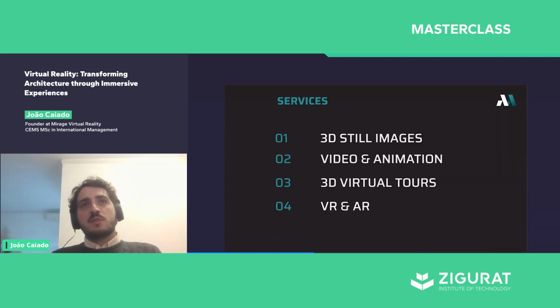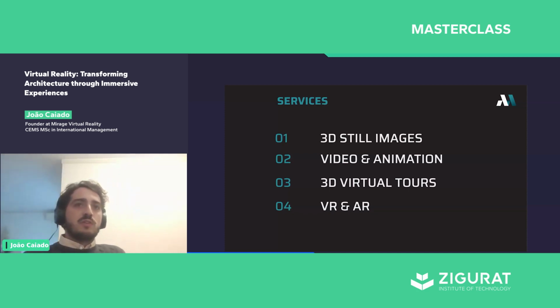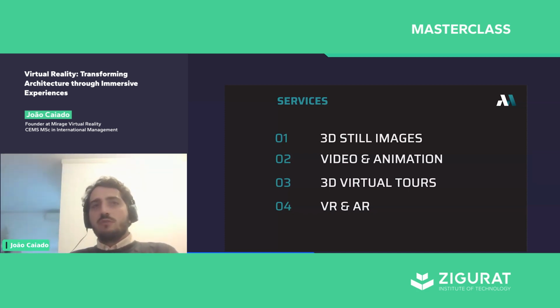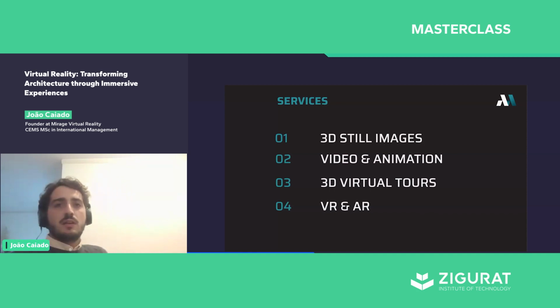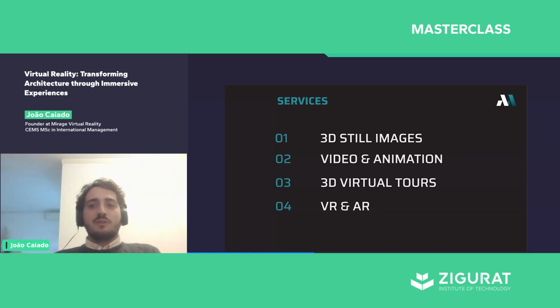We start with 3D still images. Most of you have seen video animation also in 3D. And now we go into more specific situations, the 3D virtual tours, virtual reality, and augmented reality. I believe you are more interested in the last two ones. So I'll go very fast through the other ones, but I wanted to explain because in this case,